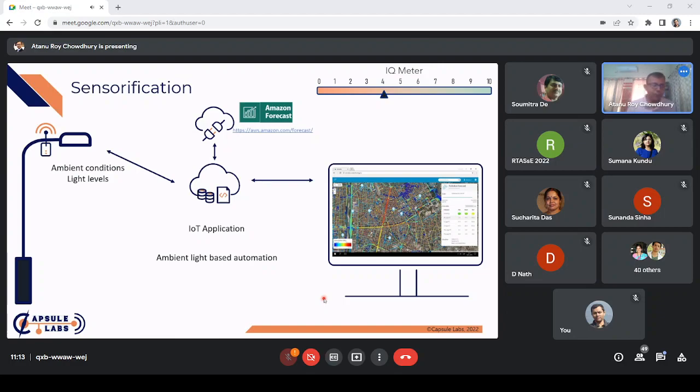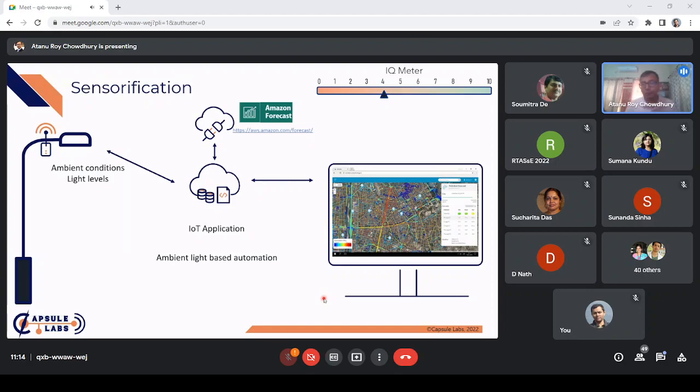Why is that useful? Well, my street light could be located in a place where I have a bunch of other shops which are switching on their lights, and a bunch of other houses which have their gate lights on. So I really do not need to reinforce that lighting with additional light because it does not serve any additional purpose, right? So I can use ambient lighting conditions to figure out if some lights should not be glowing at